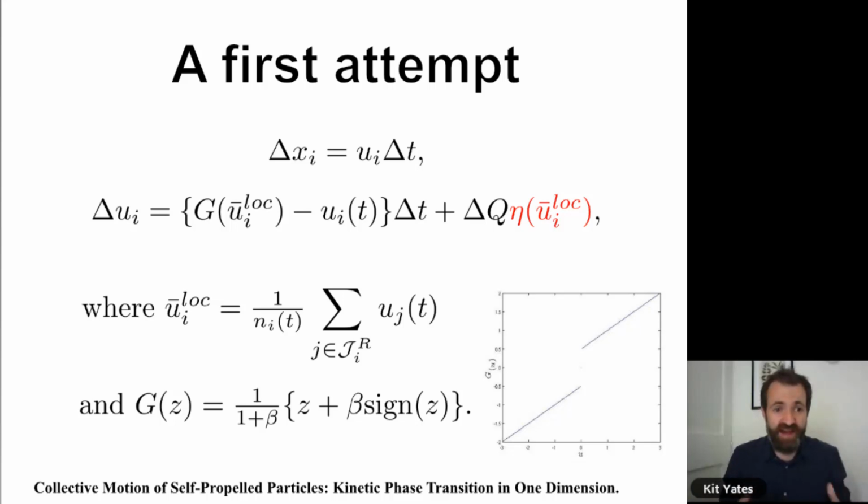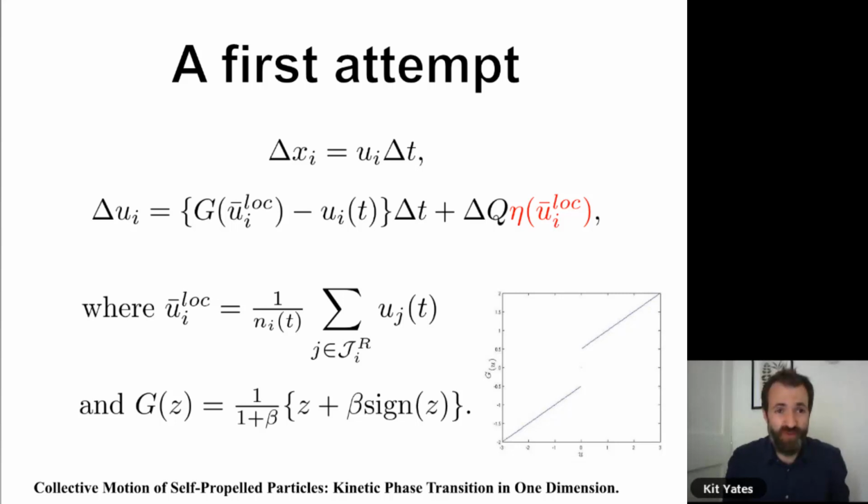They can take an average of what their neighbors are doing, and then they can add some noisiness to that data to indicate that actually it isn't going to be perfect the way they measure what their neighbors are doing, and it isn't going to be perfect the way they implement what their neighbors are doing. So this delta Q term on the right-hand side of the equation says that there's actually some noisiness in this process. And the size of that noisiness depends on this term in red, which is called eta, and that's also a function of their local average velocity that they measure.